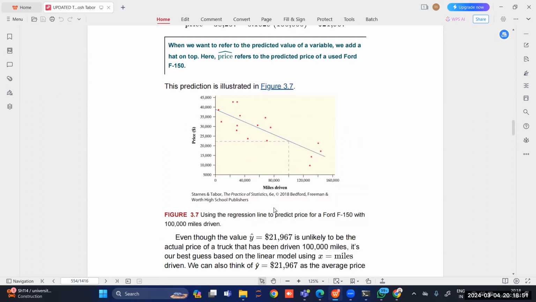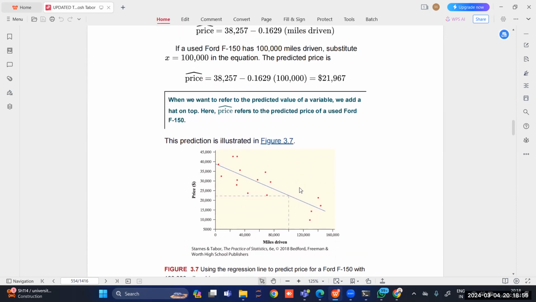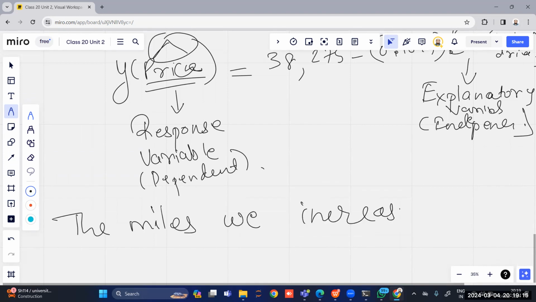He has taken 1 lakh kilometers driven, and the price came to be 21,000. You can see that as the miles increase, the price is being depreciated. Yes or no? Why is it like that? As we increase the miles in our regression line,